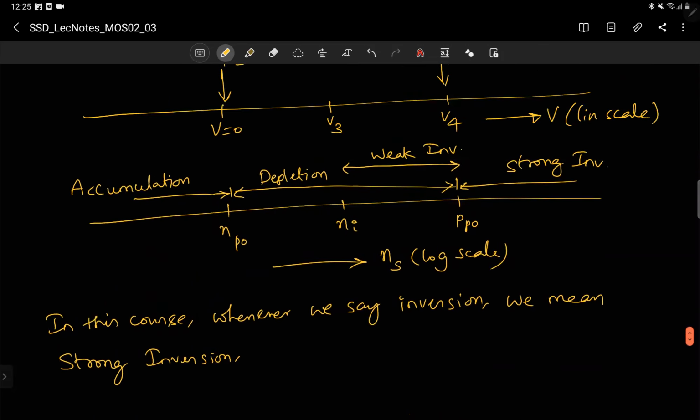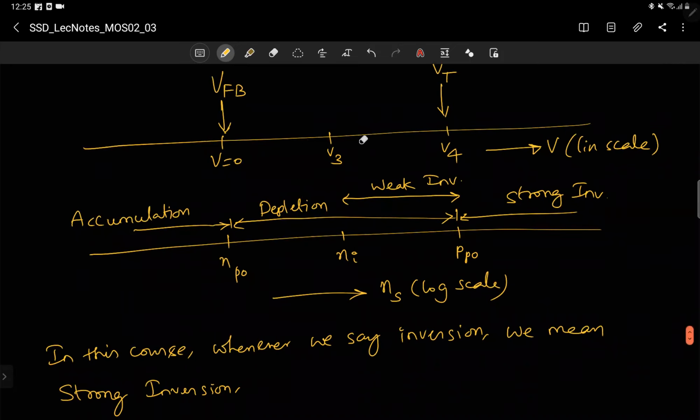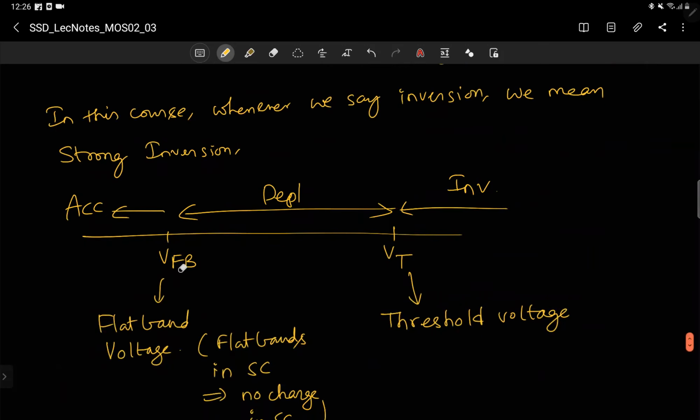Just for understanding, we have made it clear here, but we will not deal with weak inversion. We treat only three regions of operation, which are accumulation, depletion, and inversion, where inversion means strong inversion for our course. Then you have only two voltage limits, that is VFB and V4, which is VT. So this is accumulation. We have only three regions: accumulation, depletion, inversion. So this VFB is called